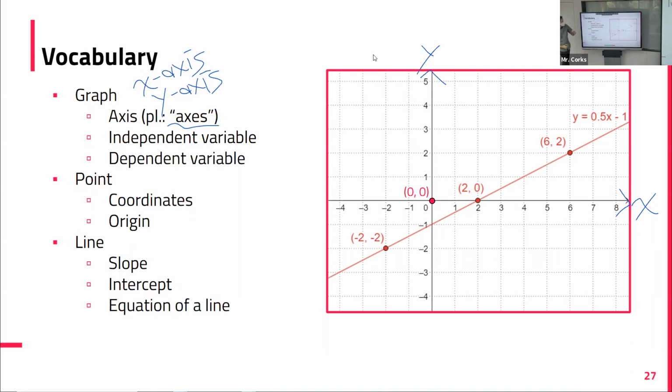So we have an x and a y. If we were to label one of these as an independent variable and the other one as the dependent variable, in most cases, which is which? Okay, so x is usually the independent variable, y is the dependent variable. If we had a graph of time and distance, like